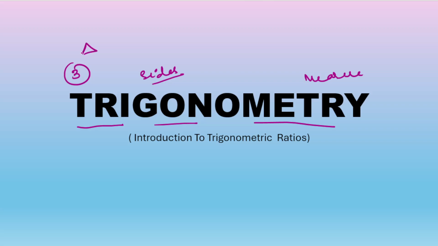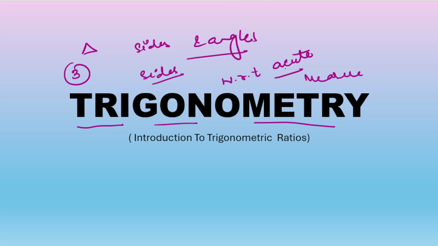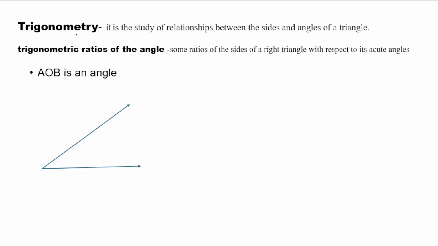So here we are discussing the relationship between the sides and angles of a triangle, basically with respect to an acute angle. Okay, so this is the basic definition of trigonometry, and we are going to discuss the introduction to trigonometric ratios. So let's start. Trigonometry is the study of the relationship between the sides and angles of a triangle. And in trigonometric ratios, some ratio of the sides of a right triangle with respect to its acute angle